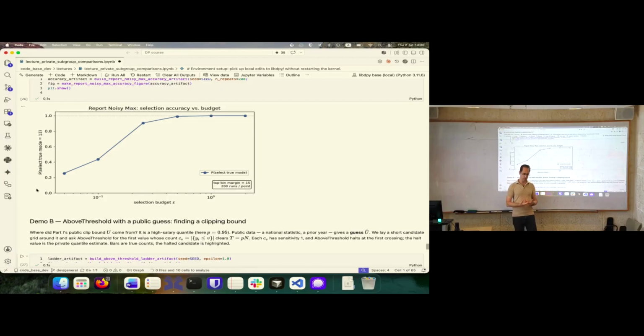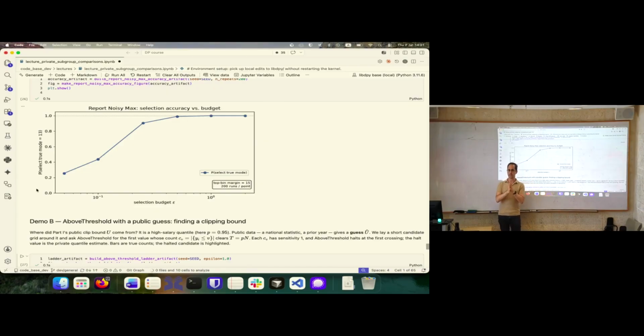So one of the most natural things to do is above threshold. What is above threshold? Above threshold is to say, if I have a guess for the value of a function, what is it? And then I can say, well, is it significantly above it or significantly far away from it? Because then I just turn it into an absolute value. Where will this be relevant? So a few things. And how would I do it? That's natural. Again, I'll add noise to the query and we're good.